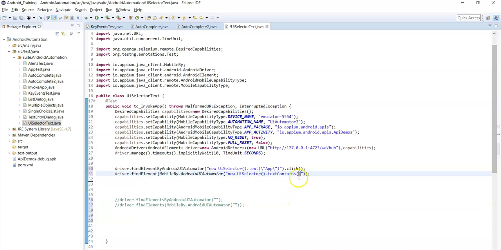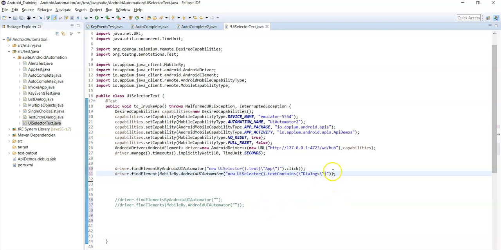So text contains, here you need to type backslash, as we are going to place this locator within double quotes, right? Now text contains, let's say, dialogues.